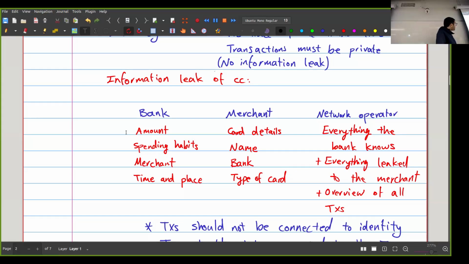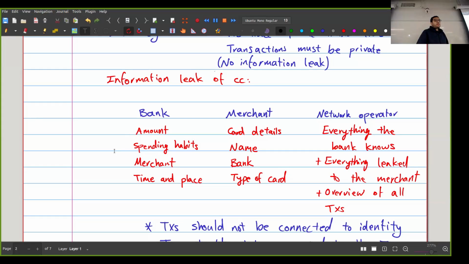And actually, the worst part of it is that I don't trust my bank to be able to keep this data secure. So even if I actually trust my bank and my government, and I love them, and I think that this is a great world, at the end of the day, what if my bank gets hacked? I don't want that information to even exist in the first place. I don't want anyone to be able to access this information. And also, a lot of the information that is disclosed to the bank here is honestly none of the bank's business, right? So, for example, the time and place.